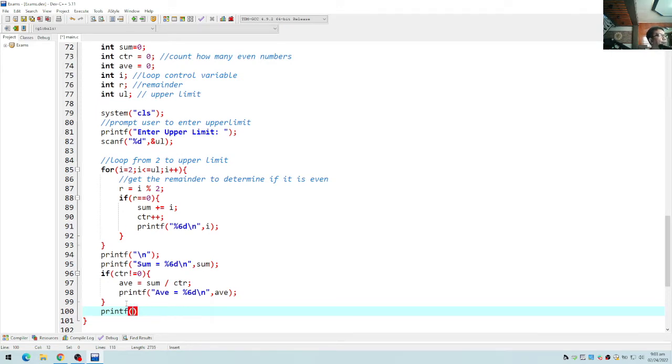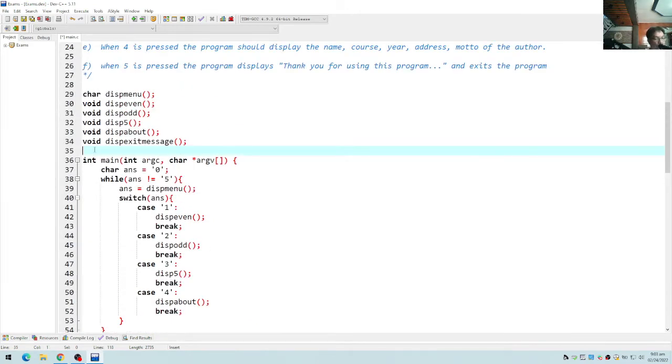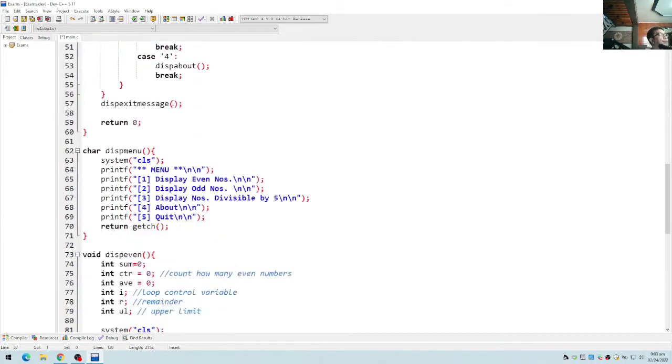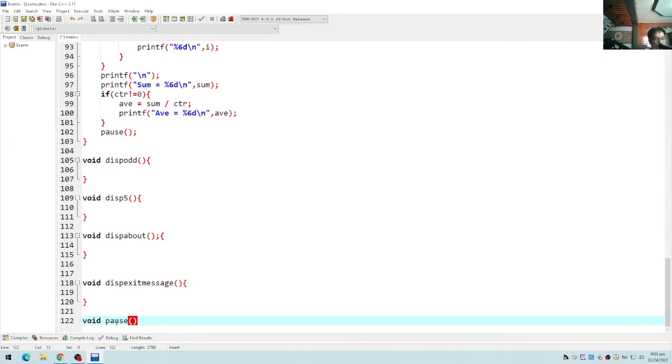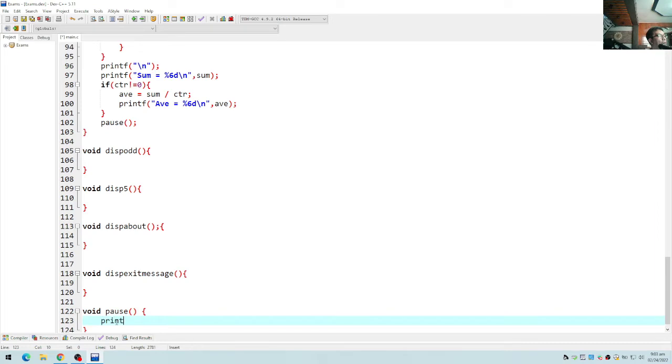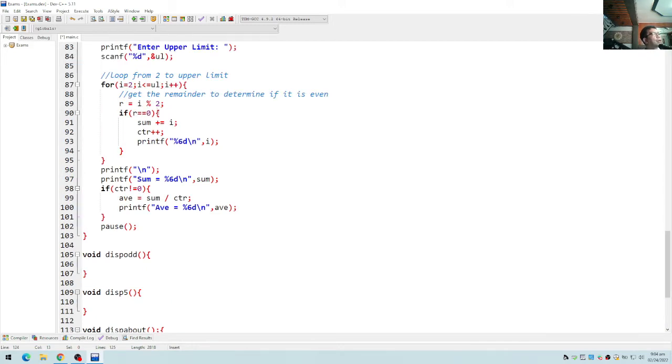Oh, wait. So I'm going to add a new function, pause. So let's add it here. I'm going to add that here also. So press any key to continue, or press any key. Get CH. So just place pause here. So that's how we display the